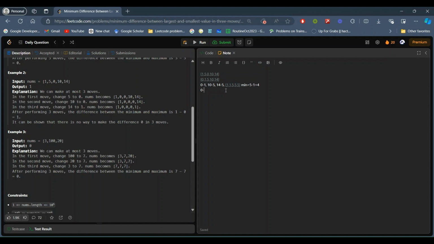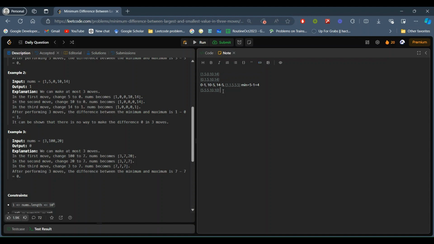Now the minimum difference will be 5 minus 1, which is equal to 4. And if we go another way, let's suppose we take the first two elements to change the values. Then it will be 5, 5, two values changed to the third value, and then we change the last value to the second last value.